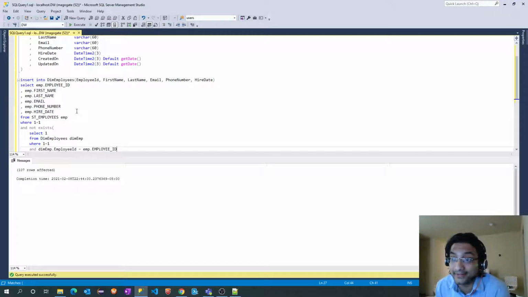For our current data, keeping employee ID as a validation or primary key is fine, because in the st_employees table employee ID is a primary key.